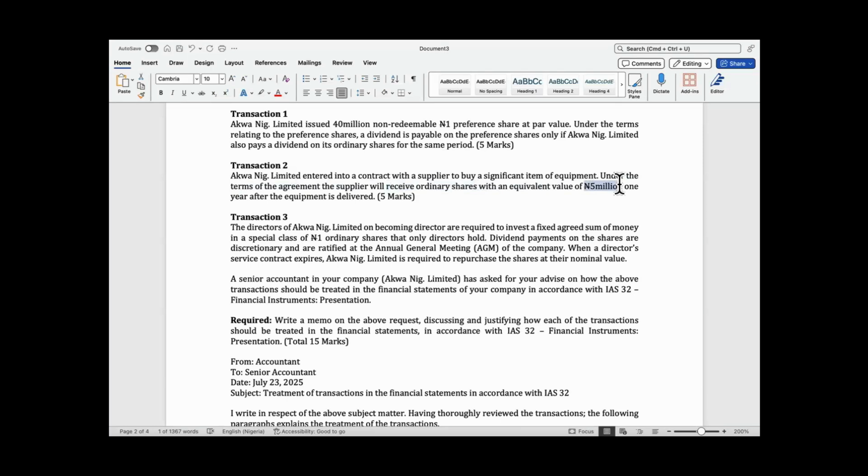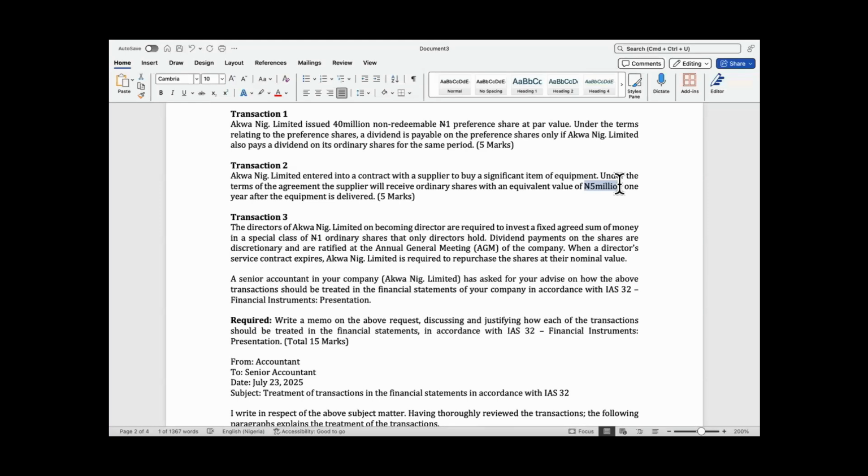It is a variable number of shares, in the sense that it will fluctuate depending on our share price. If our share price is 10 naira today, and we were supposed to settle or issue these shares today, we'd be issuing about 500,000 shares. If in 1 year's time our share price goes to 20 naira, the number of shares we issue will change to 250,000 shares. So because of that variability in shares,